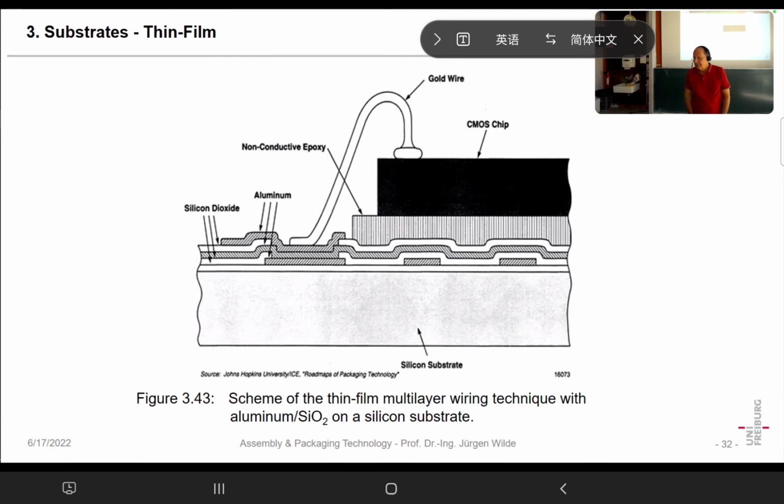Let's say the printed wiring board technology initially had a lot of disadvantages. And one of the disadvantages in printed wiring board technology is that the conductor of a printed wiring board is not smooth. It is smooth on the top side, but it's not smooth on the underside because it's always somehow embedded into the polymer, and that's a result of the production process. So a printed wiring board has,